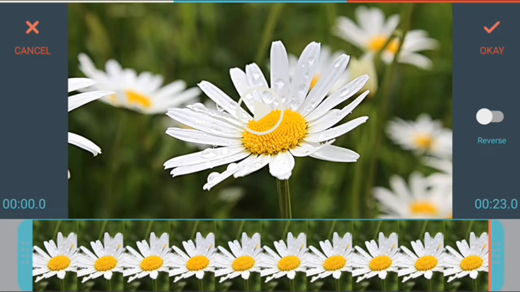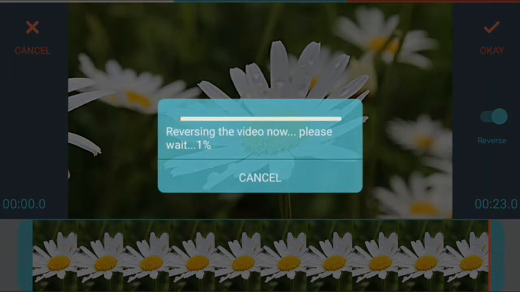And also there is a button which is a slider button called reverse. When you put this on, then the video will be reversed. You need to wait till this is processed and the video clip will be playing in reverse direction.